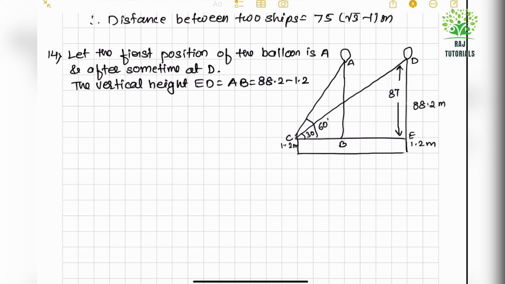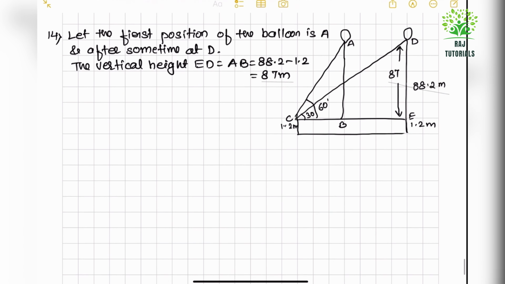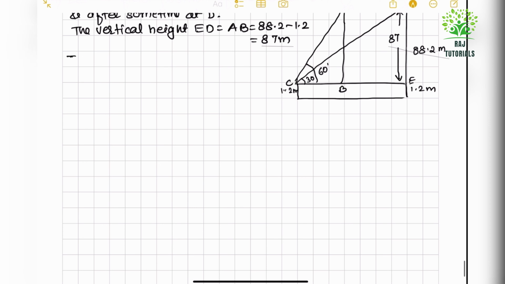The vertical height ED equal to AB, that is 88.2 minus 1.2, that is 87 meter. See, why 87? Because I have reduced the 1.2 meter height of the girl, because that is seen by her eyes. So now in triangle